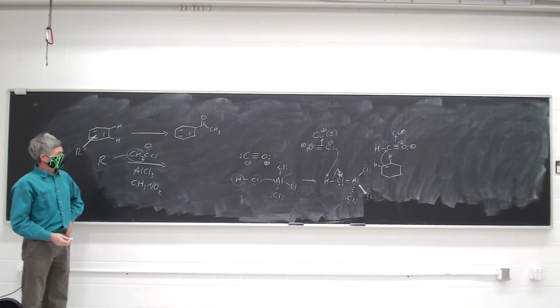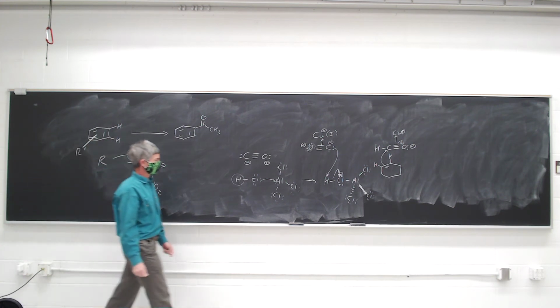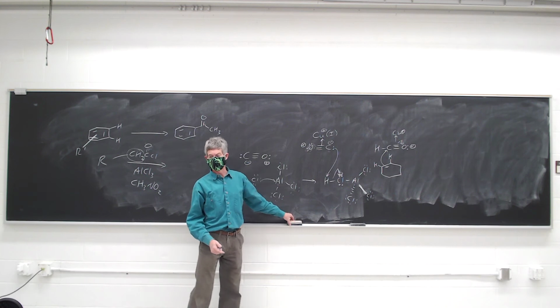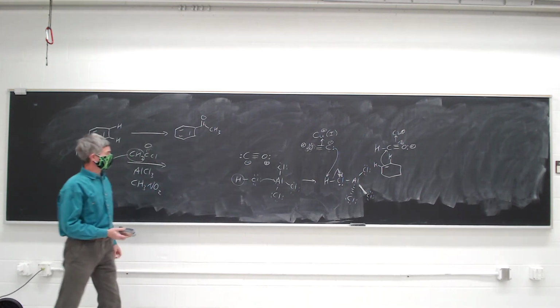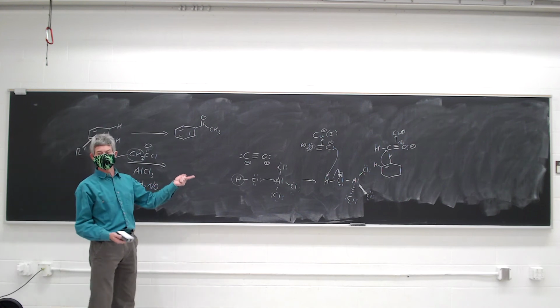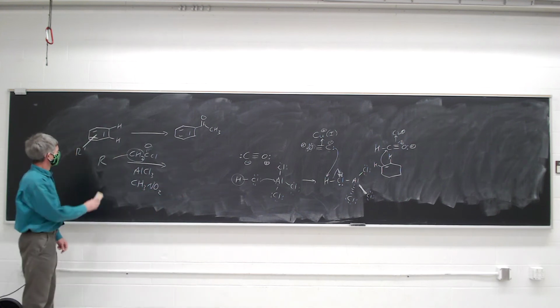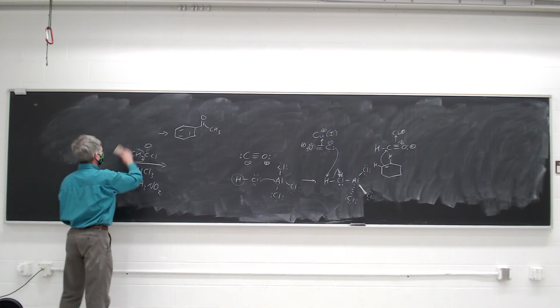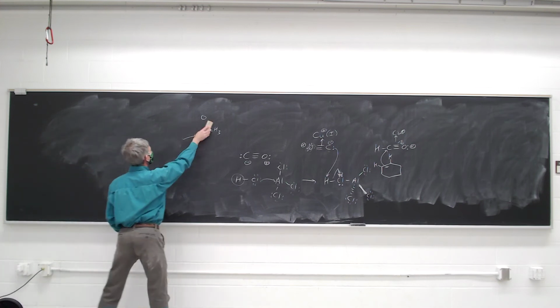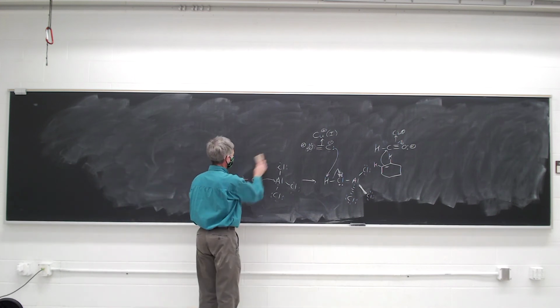So the Gattermann-Koch reaction is similar, not quite the same, because of the instability of that formyl chloride. Formyl chloride, if you make it, would just spontaneously break down into carbon monoxide and HCl gas. So you can't keep that. So those are ways to convert aromatic compounds to aldehydes and